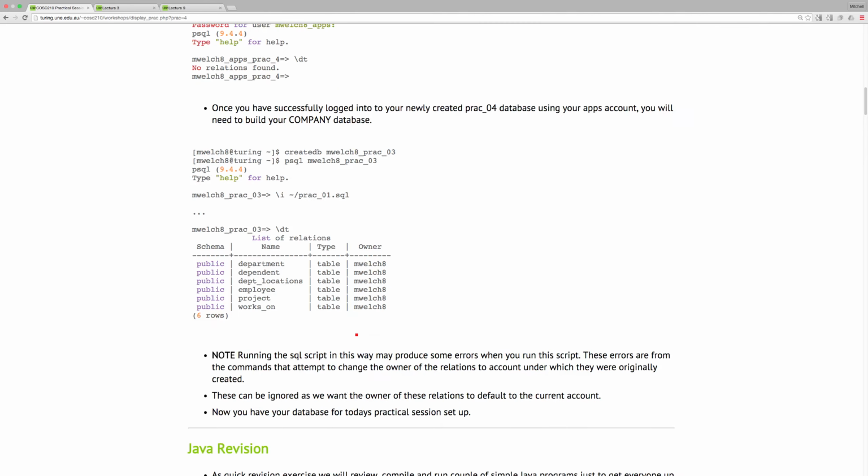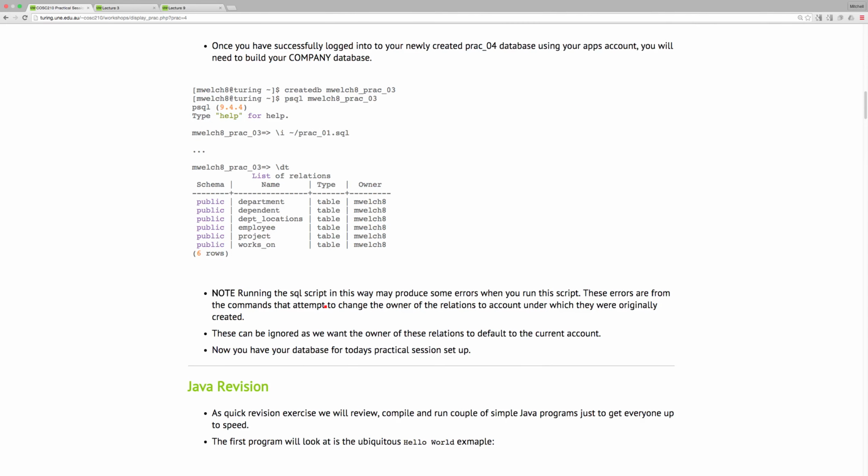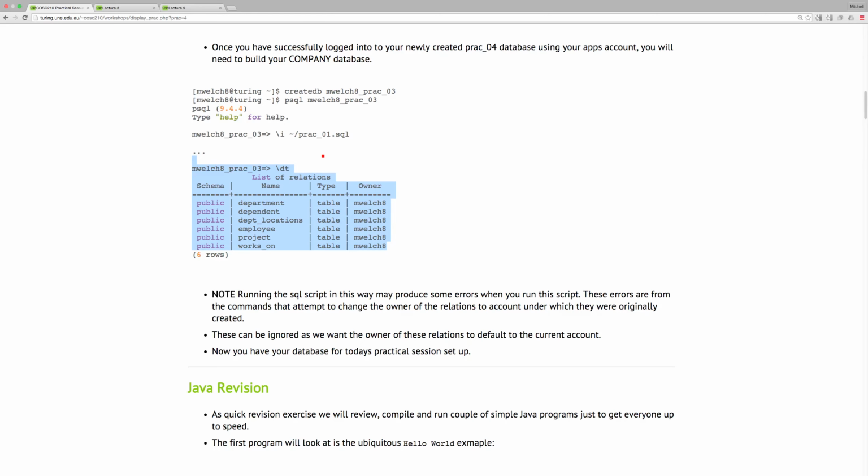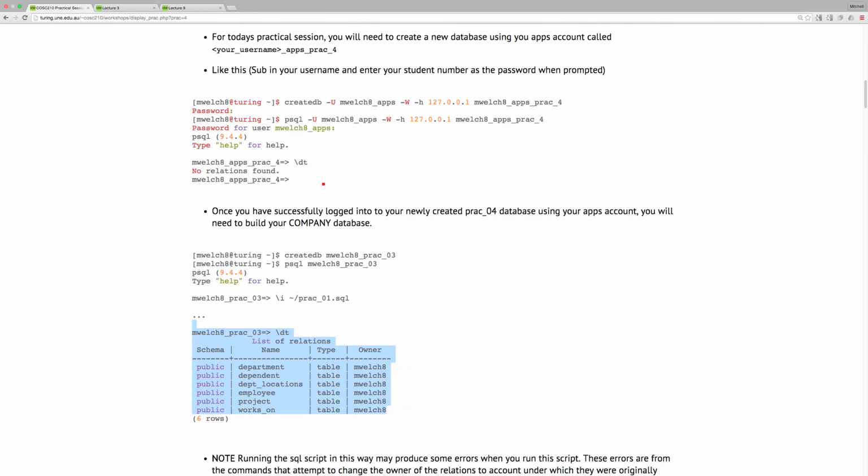So again, we'll be building on our employee database, a company database example. Note that when you run the SQL scripts in this way, you'll get some errors when you run them. These errors are for commands that attempt to change the owner of the relation to the account under which they were originally created. So recall that when we're creating our relations, we're running under the MLChadeApps user, and when we do that,